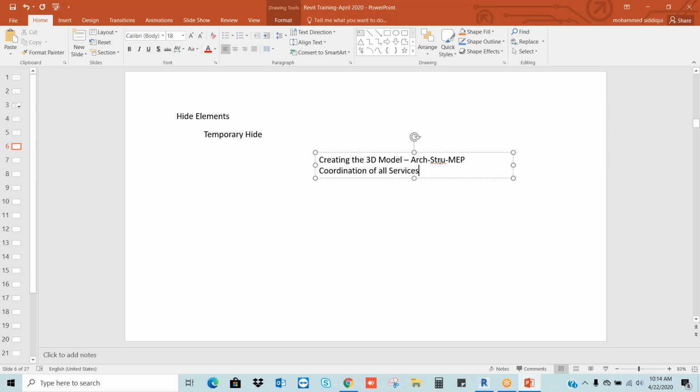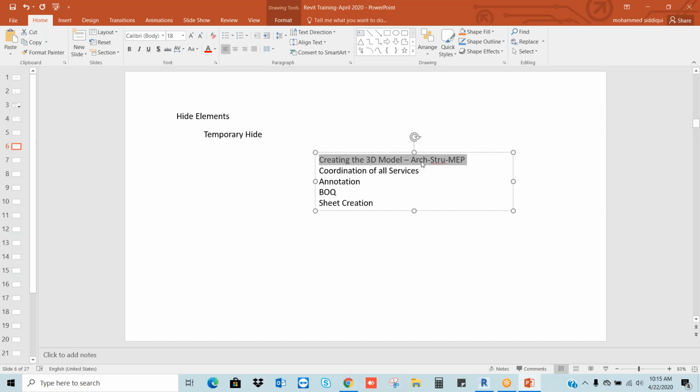Next, annotation. Next, bill of quantities. Next, sheet creation. Okay. See, first what we do, we create the 3D model for all disciplines.